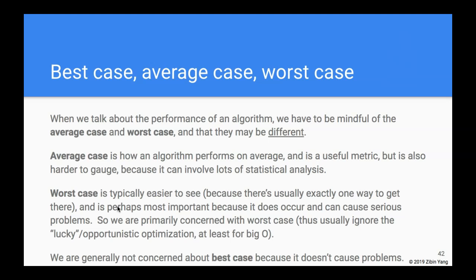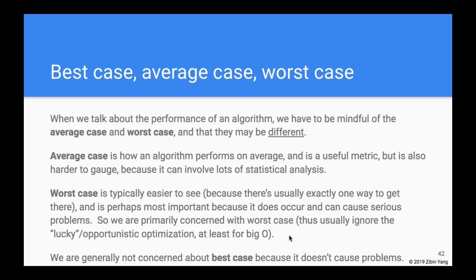And so that is probably the most important metric because it does happen. Murphy's law: if it can happen, it will happen. So it does happen, and when it does happen, it can cause serious problems if the big O is some bad function. So most of the time we are concerned with the worst case,